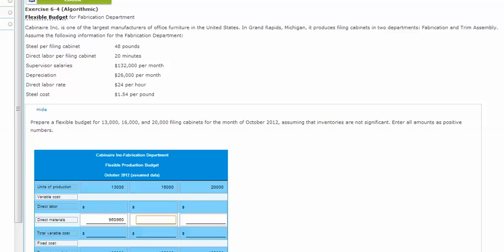So 13,000 times 48 times $1.54 is $960,960. Let's make that same calculation for the next level of production. I'll take the 16,000 units times 48 pounds times $1.54, and I will have 1,182,720. Finally, the last level, 20,000 units times 48 pounds times $1.54,